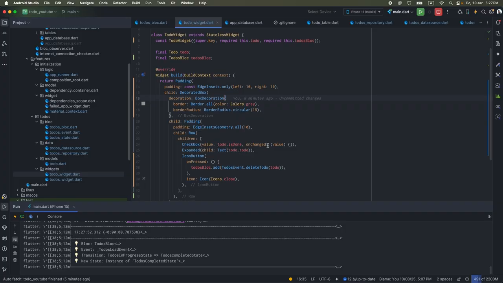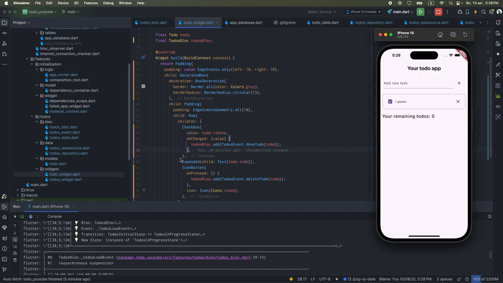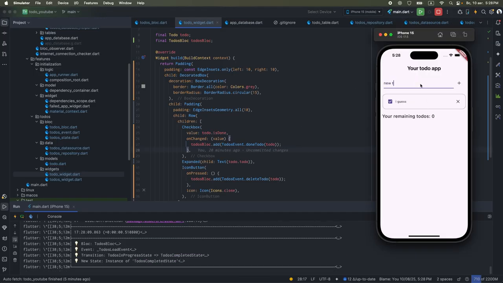First of all, we have to call this. That's good. Oh, I guess that's all. Let's check. Oh, new task 1, new task 2, new task 3. So, okay, to this one, let's check. Everything is working pretty fine. So, that is